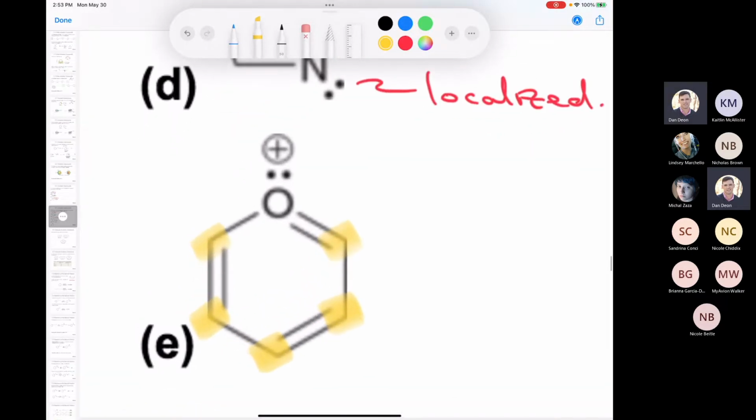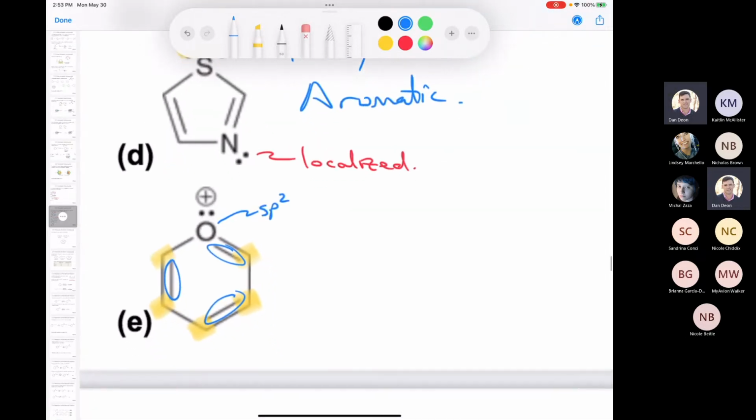Now the oxygen is surrounded by 1, 2, 3 regions of electron density. Therefore, the oxygen is sp2 hybridized. And it's already got a p orbital that's making this pi bond here. So we do have a continuously overlapping system of p orbitals. We have 6 electrons in the ring. Therefore, we have 4n plus 2, where n is equal to 1. And so this is an aromatic compound,